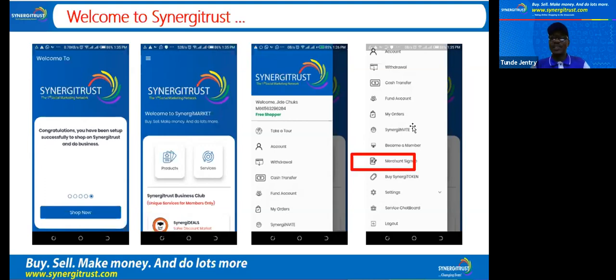But at this point, you are still a free shopper. You now want to become a business club member. You will see become a member. So when you click become a member, a form is opened for you that you can fill to become a member. But what we are going for really is this one, the next one with the red bar,